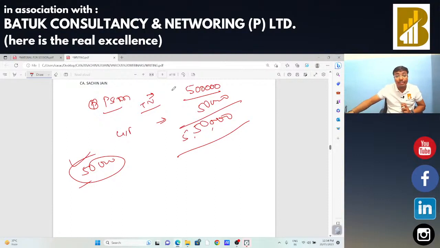And depreciation is claimed only on that taxable value. If he claims the depreciation on the complete 5 lakh 50,000 rupees, in that case, input tax credit of 50,000 is not allowed. This is the primary thing we need to check in case of fixed assets. If he has claimed the input tax credit, then on that GST portion depreciation should not be allowed. If he has not claimed the input tax credit, then on the complete 5 lakh 50,000 rupees,